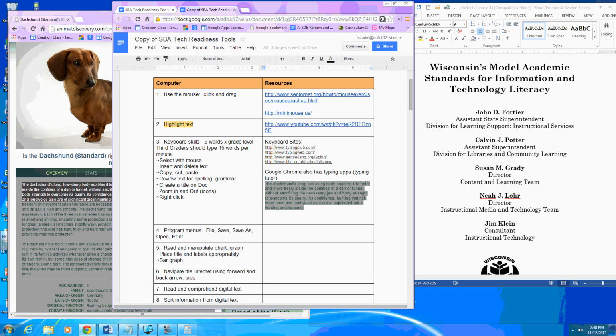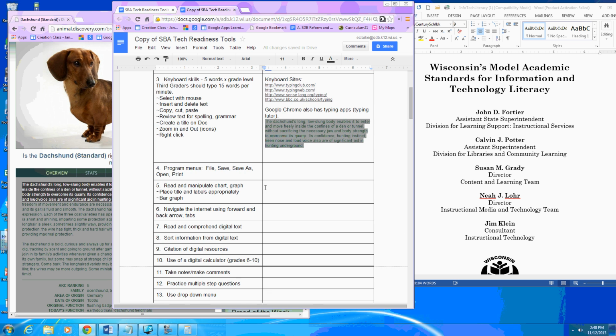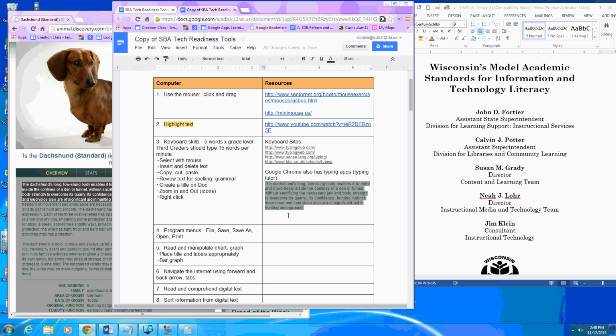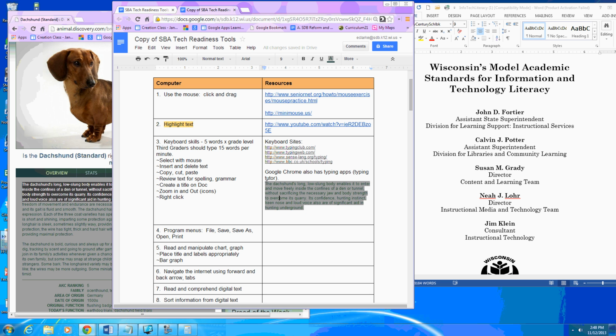And once they have that pasted, we need to make sure that they can put that in their own words. Now, as we get to the bottom of my list, another thing we have to do is to learn how to cite our sources. That's very important because questions talk about that, and I'll get to that later. But just insert, copy, and the other thing we want you to know is if when I select